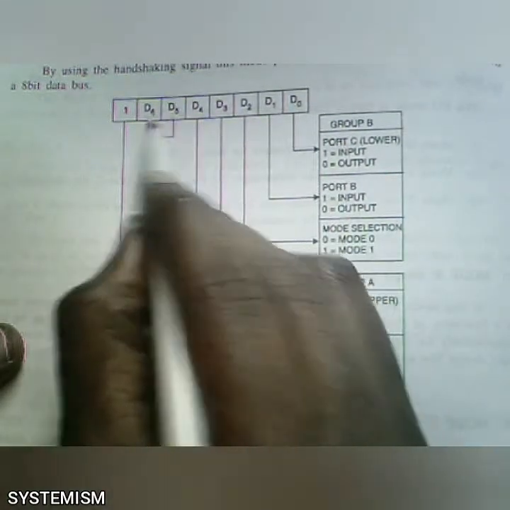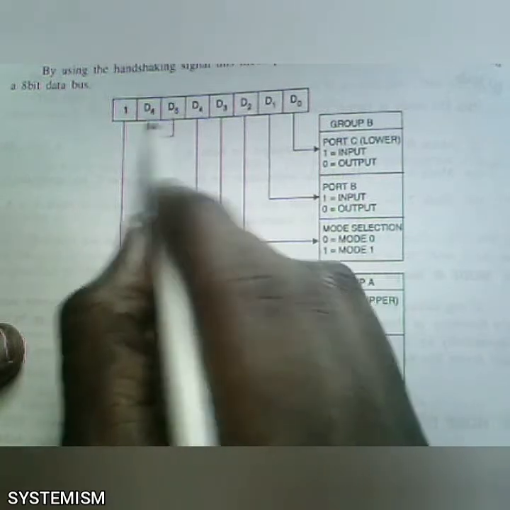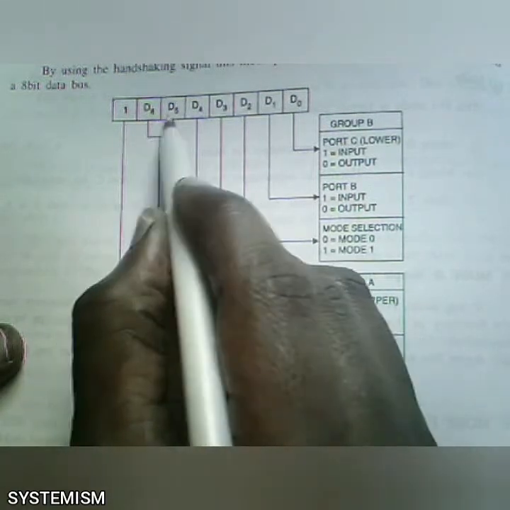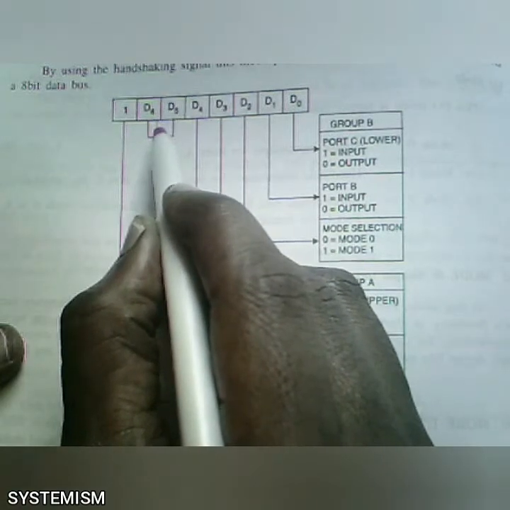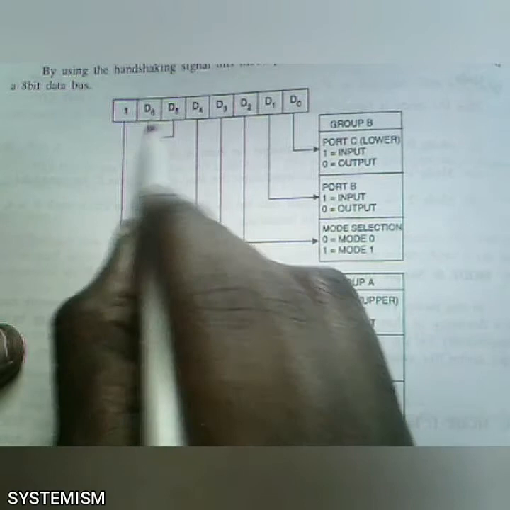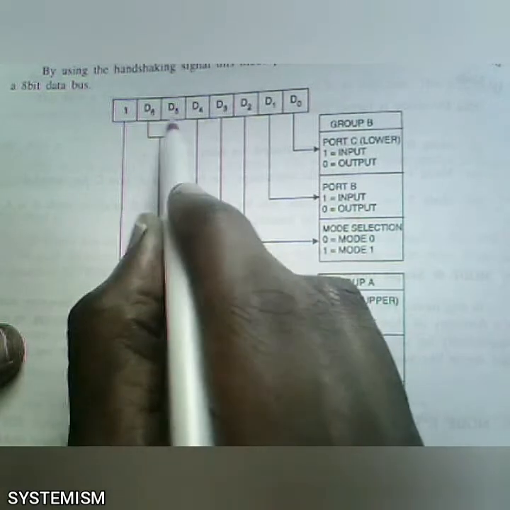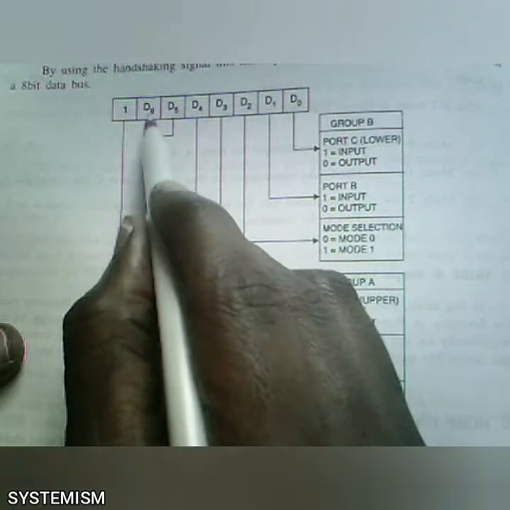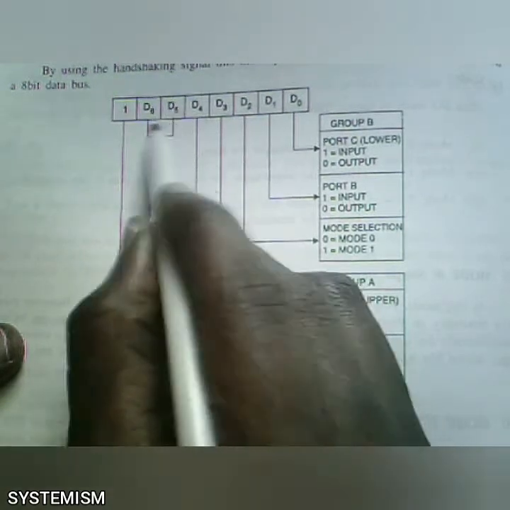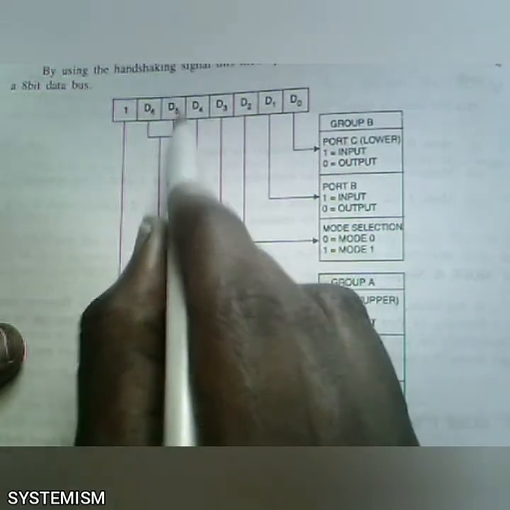First, these two bits are used to initialize your mode, to specify your mode. We again have 3 modes in this IO mode, isn't it? So totally 3 modes. If you put 0 0, then it is the simple input output mode. If you put 0 1, then it is input output mode with handshake. If you put 1 0, then it is the bidirectional IO data transfer mode. That's all, these 2 bits are over.